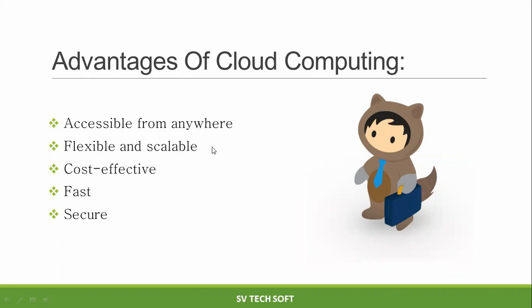The third advantage is cost effective. What does that mean? Cloud computing charges money based on the concept of pay-per-use. Pay-per-use means how much time the company used the particular software or hardware. For that time only, the vendor charges money. If you take any service from cloud computing through the vendor, there is no need to pay an initial amount. They charge money for how much time you use the particular service, because there is a deal between the vendor and the company.